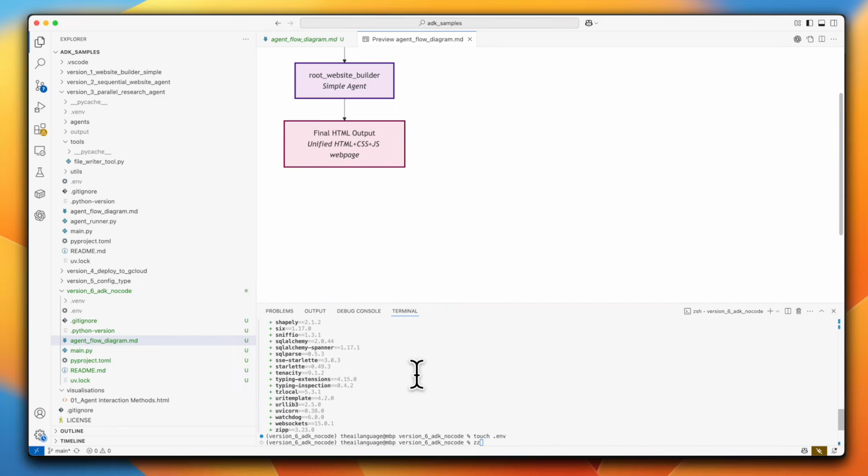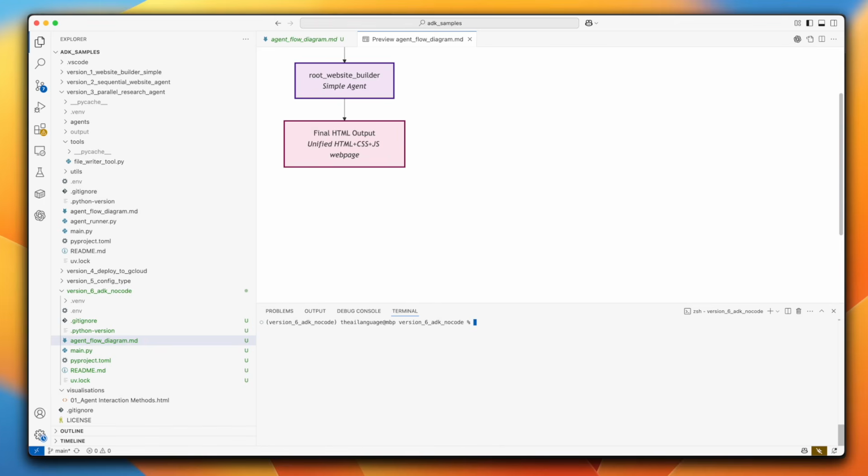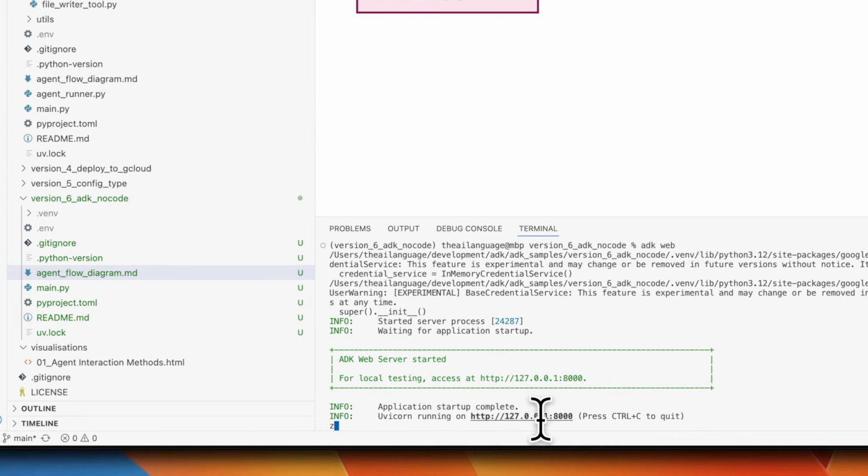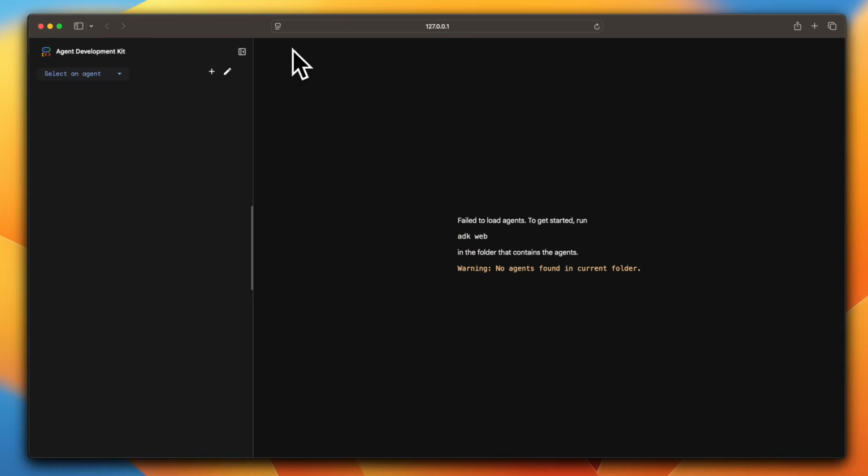So to begin, I'm going to go to the terminal. Let's clear everything out over here and let's write ADK space web and press enter. Once you do that, you'll see it says something like Uvicorn running on HTTP localhost 8000. So press command or control and then click this particular URL, and this is going to open the browser window for you. Now this is the standard ADK web interface,